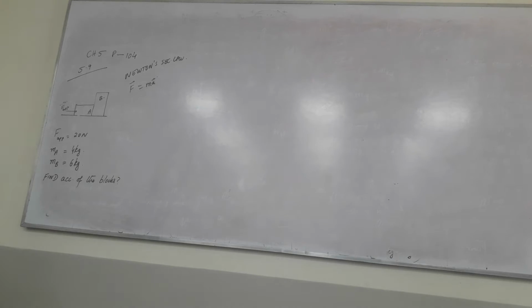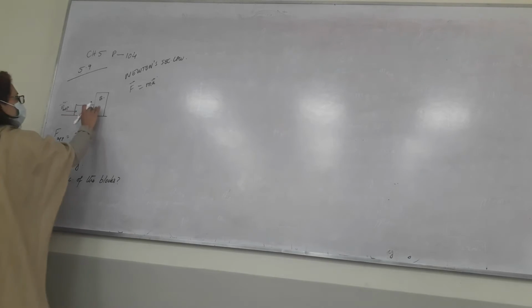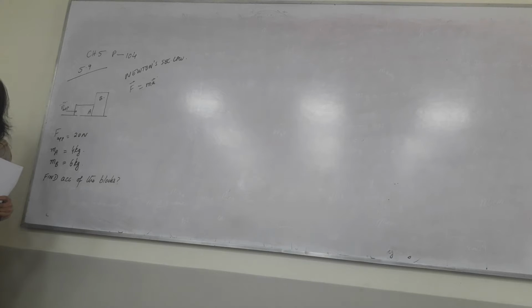Newton's second law. But you should remember that when you have two blocks touching each other like this and there is a force acting, the blocks will also push each other. So Newton's third law is also applicable, but this force is very small. Block A will push block B with a force FAB, and block B as a reaction will also push block A with a small, equal and opposite force, which is FBA. But the main force that's acting in this case is F applied that you have been given. So that's the scenario.